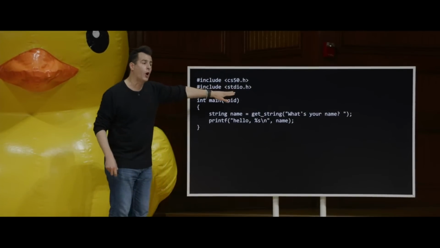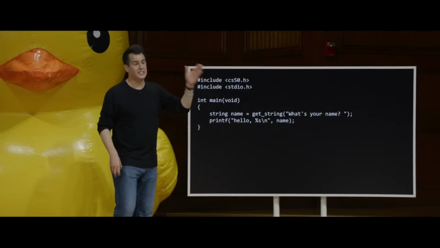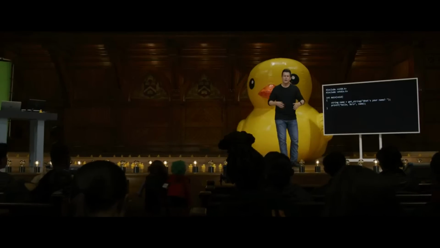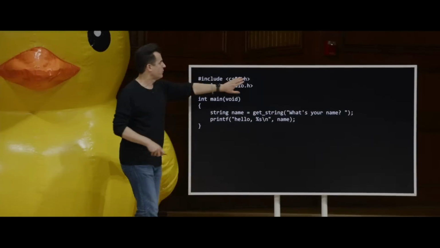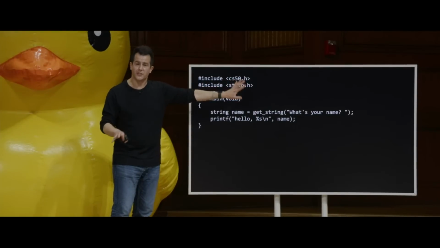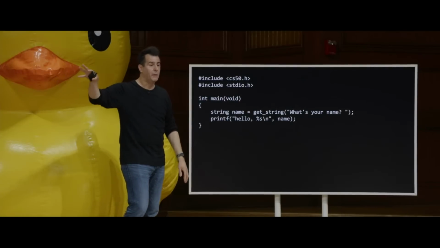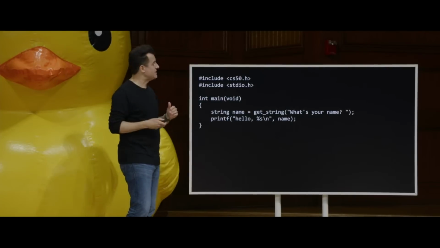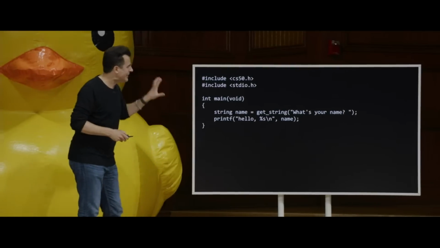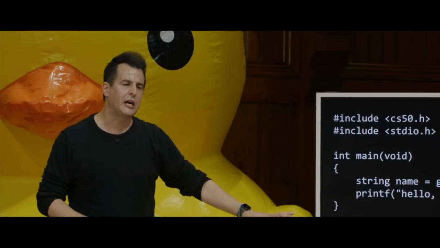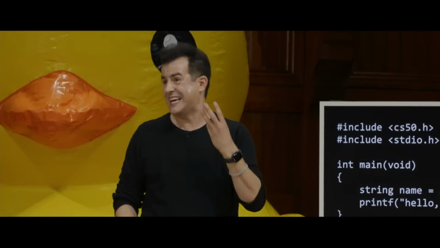Somewhere on the server's hard drive is standardio.c that implements printf and all of these other functions as well. So the .c is just inferred from the .h here. You don't ever mention the .c file, but someone else wrote those files. Someone else stored them in the server for you, CS50 staff in this case. So technically, even when compiling a relatively short program like this, you're really combining 3 files, at least at the